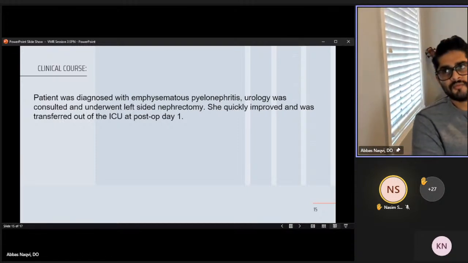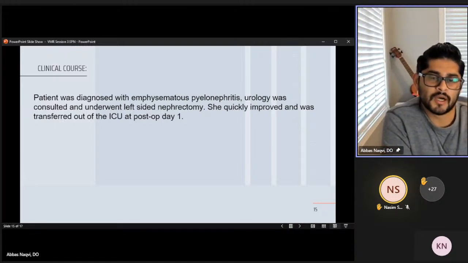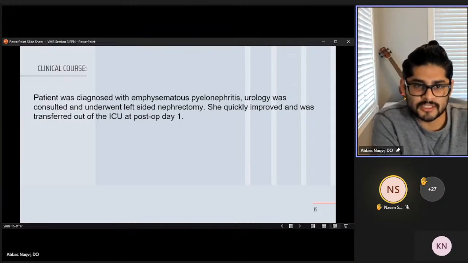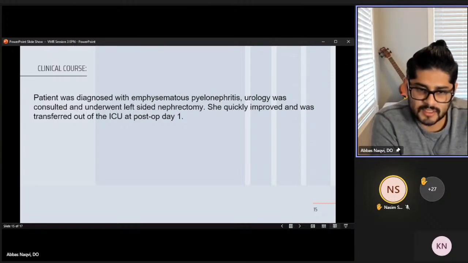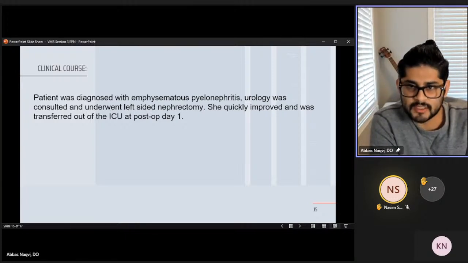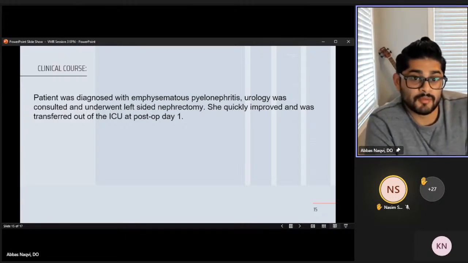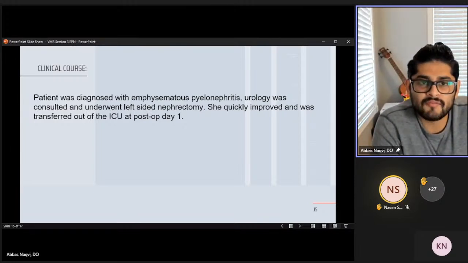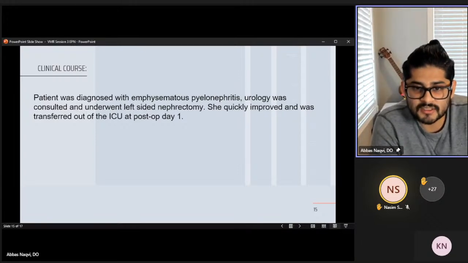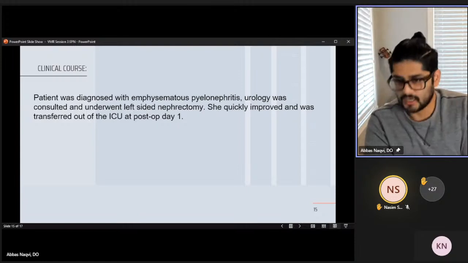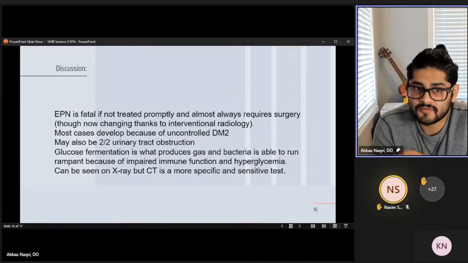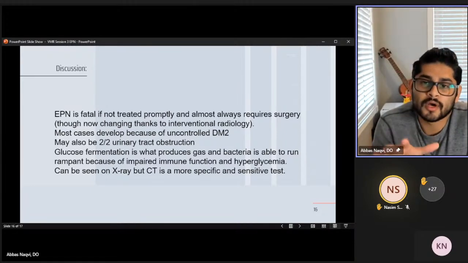And so for a day or two, we didn't know what was going on until she just wasn't getting better, and we got the repeat imaging, and it showed this air in the actual kidney itself. After that, we were able to treat her, and she did better. But it's something that's not super common, very easy to miss. When you have a patient with very uncontrolled blood sugars and infection like this, you can have destruction of the kidney. And so emphysematous pyelonephritis is fatal if it's not treated promptly, and it almost always requires surgery,